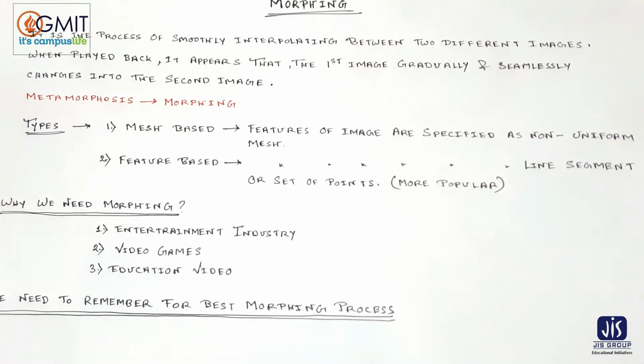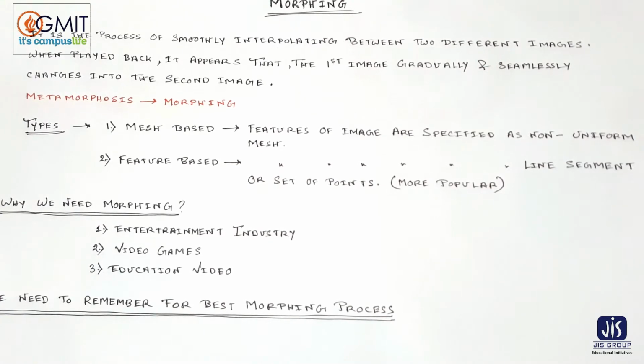of vision. Our vision is persistent, so it actually fools our eyes so that we think the image is moving, but actually there is more than one still image and we are just moving them after a certain interval of time. This is animation, and to achieve this, morphing is very much important.